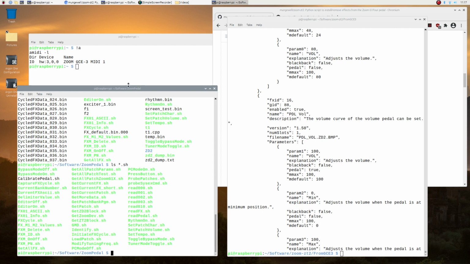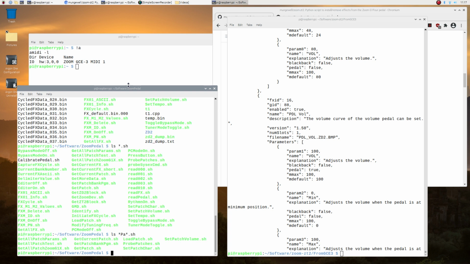So if we say to this one, let me say, hang on a second, get current FX, get patch, more, ls star patch star dot shell. It's all in green. Get current patch, so more get current patch.